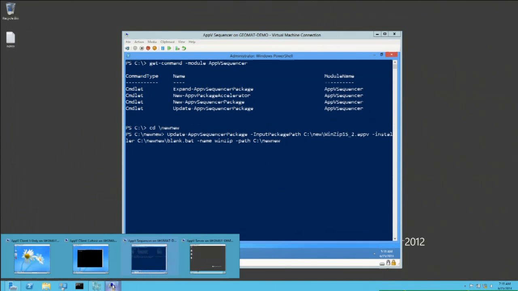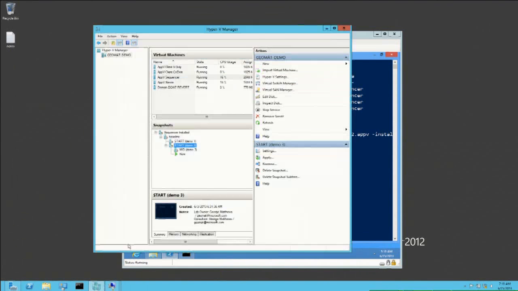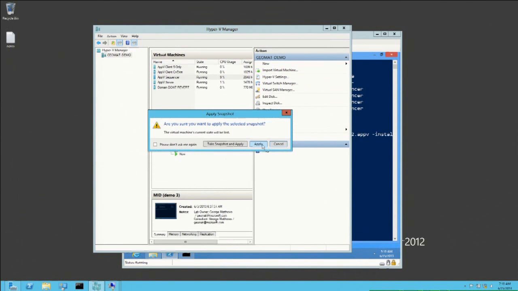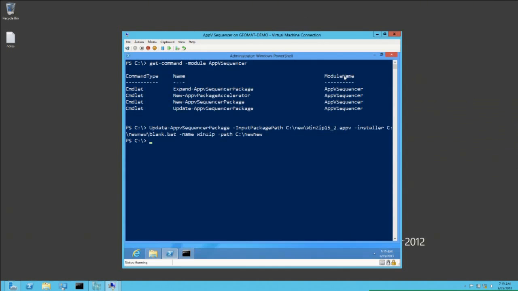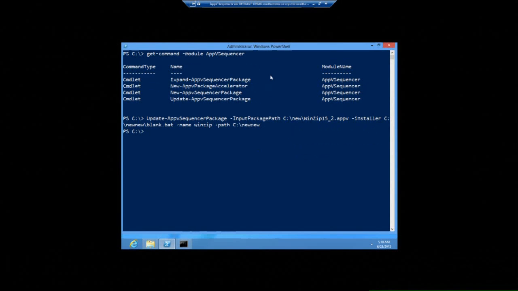And rather than waiting for it to complete, I've got a snapshot just on the other side of it. It takes maybe less than 5 minutes, but too long to sit around and wait for it to complete. So all I did was, like I said, create a snapshot just on the other side, so we can take a look at that. All right, so there it's completed. Now if we go take a look at this,